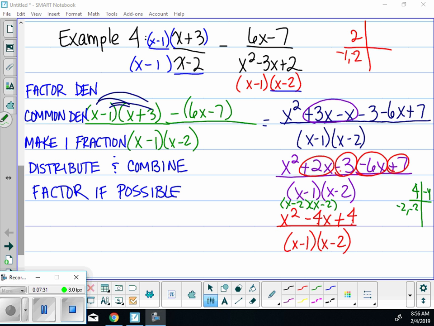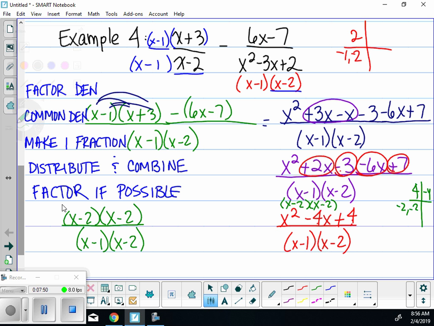So x squared minus 4x plus 4 factors into x minus 2 times x minus 2. So I have x minus 2 times x minus 2 over x minus 1 times x minus 2. Now I can cancel those. So I have x minus 2 over x minus 2. X cannot equal 1 and x cannot equal